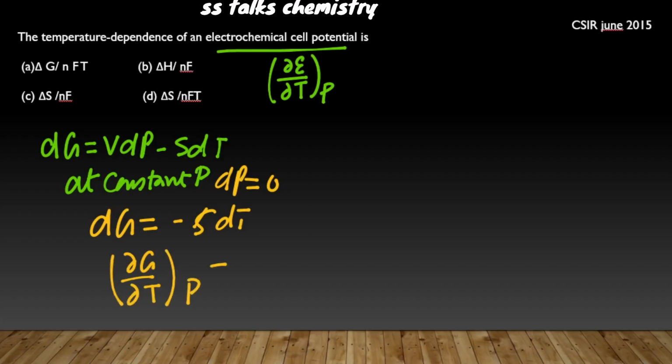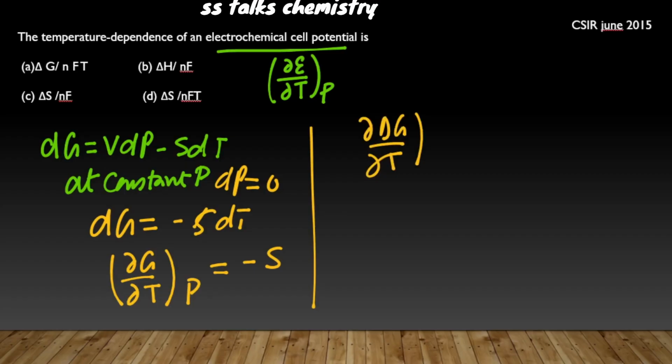At constant pressure it is minus of S. In terms of the change, if we are talking about del G by del T at constant pressure, it is minus of delta S of it, right? Now del G we know,